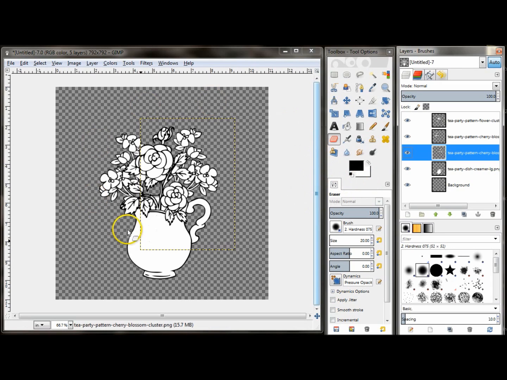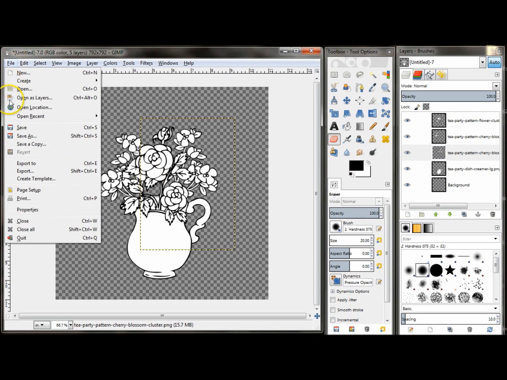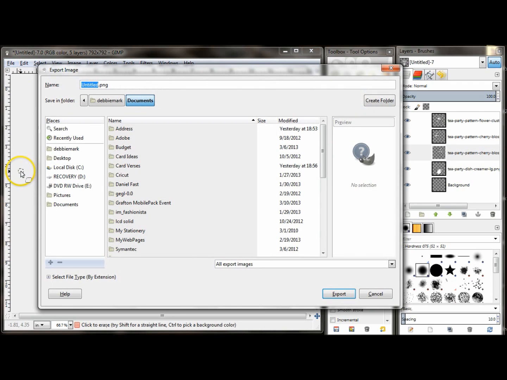Now you could crop this down. It doesn't really matter since it's a transparent background. You could also merge these layers together, but you don't have to. I'm just going to save it out as a PNG file, and that'll combine it into one image all at one time. So I'm going to export, and it's an untitled PNG right now since I didn't give my background a title. So I'm going to call it